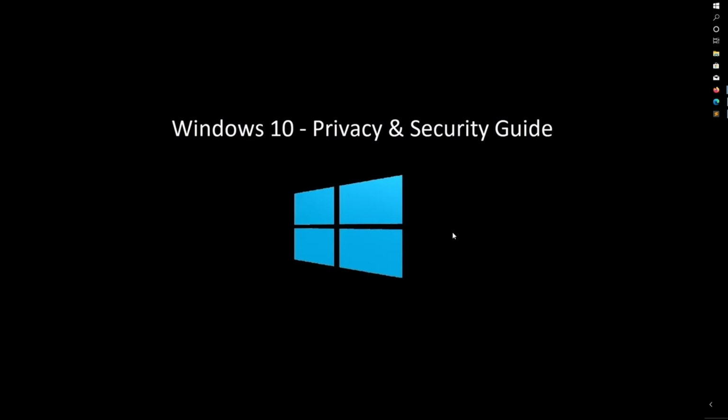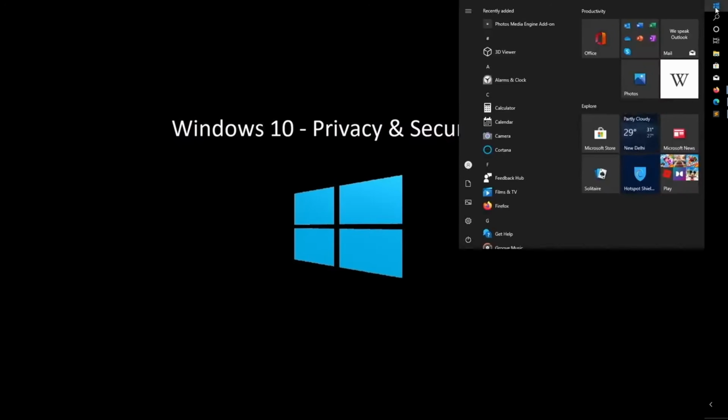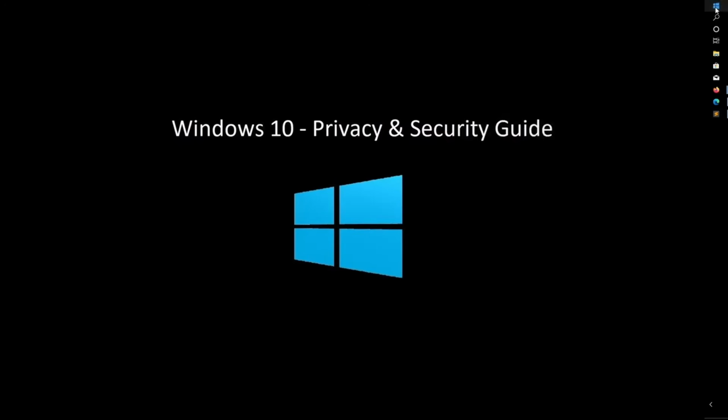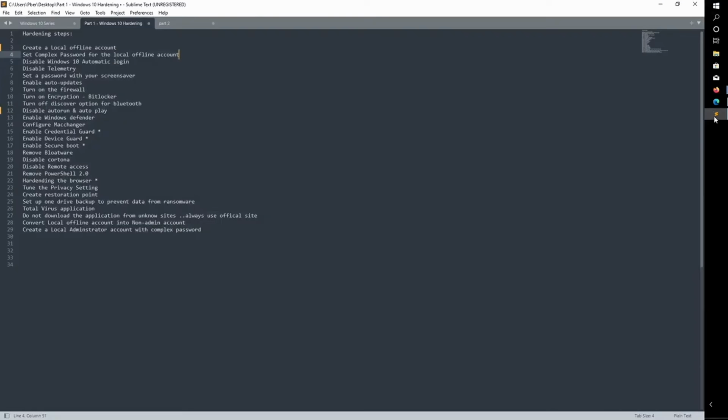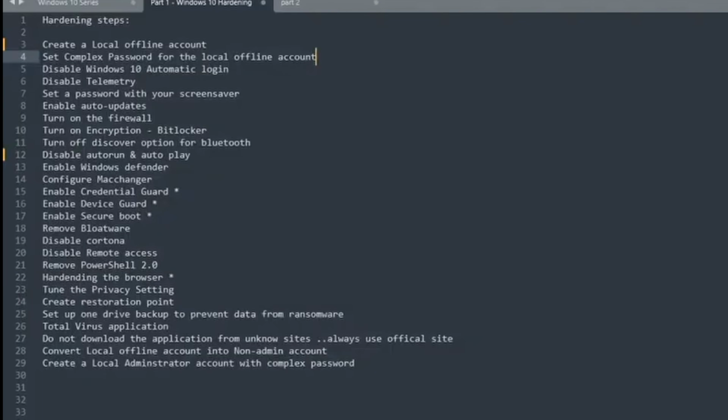I have already installed the Windows 10 operating system. You can see it is a clean, plain vanilla one. We have to configure and harden this one. These are the steps we are going to follow. The first one is creating a local offline account and also setting a complex password